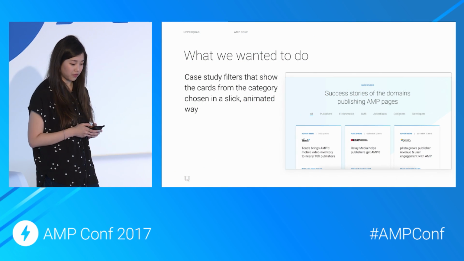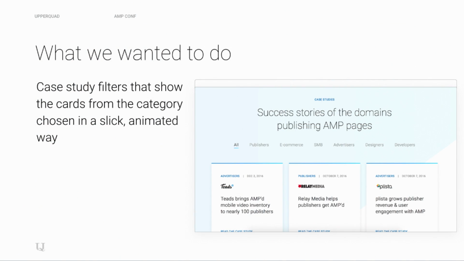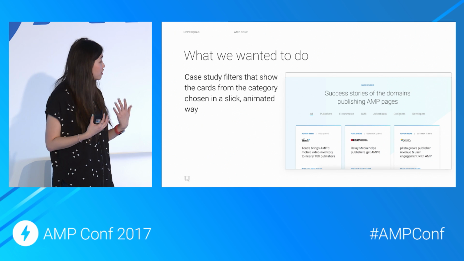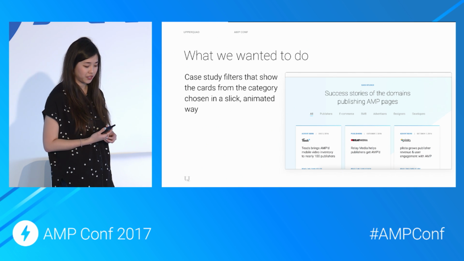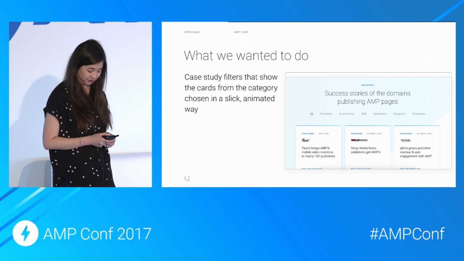So this is a mock-up of the new case studies list page. The AMP team told us that there were probably going to be a lot more case studies. Right now there's maybe like 8 or 9. And so they wanted different categories for the case studies to be bucketed into, so it's easier to find what you're interested in. So we came up with this design that has filters across the top of the page. And in an ideal world, there would have been some fun animation rearranging of these cards on the page when you select one of the categories, but that's obviously not really possible without JavaScript.